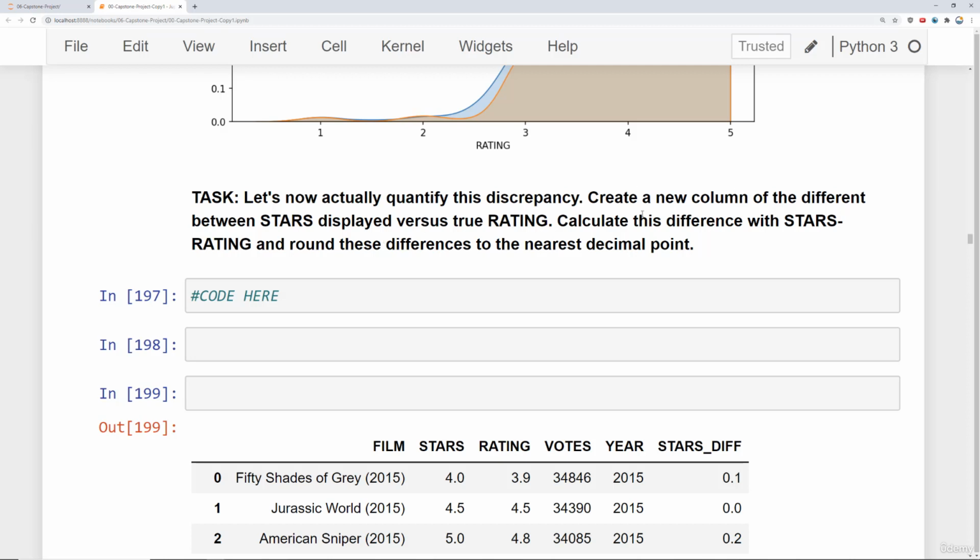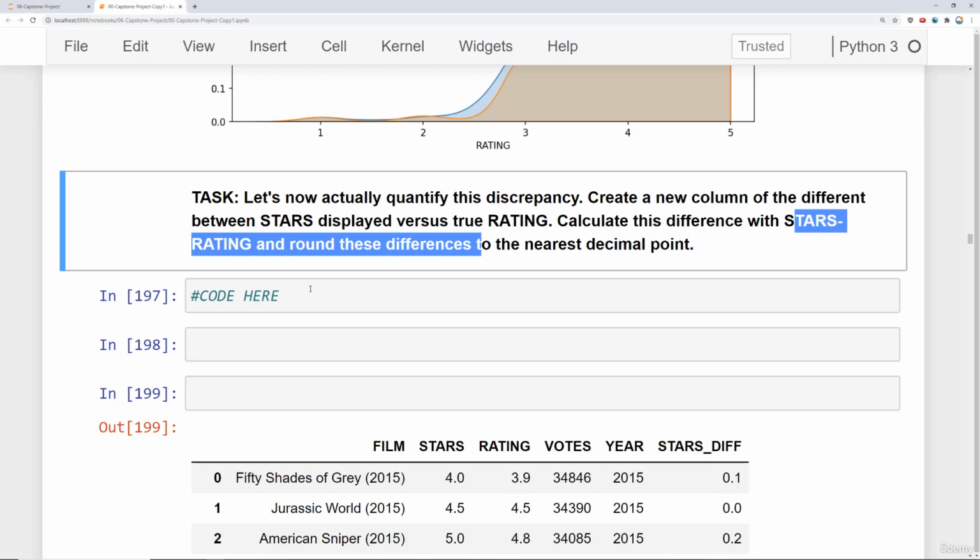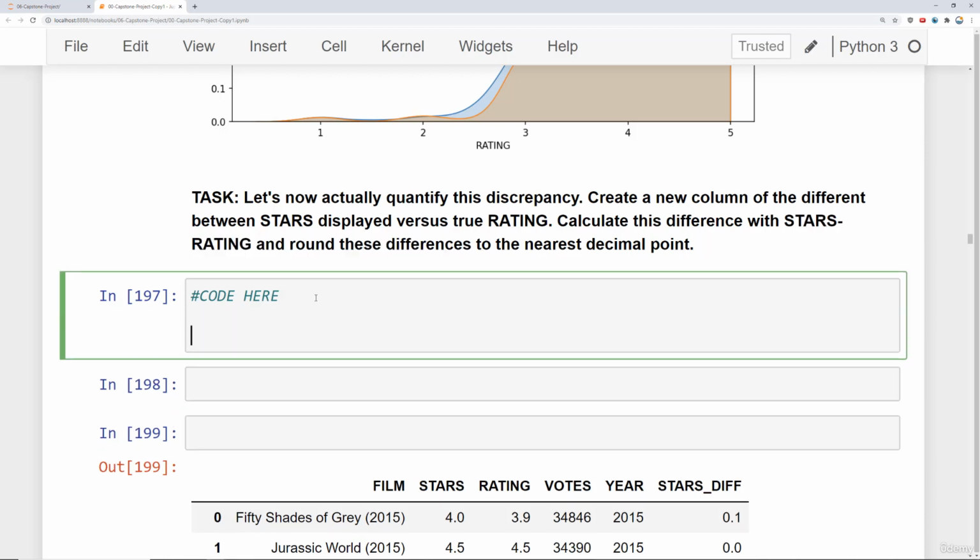So let's create a new column between the difference of stars displayed versus true rating. And we're going to calculate this difference with stars minus rating and then round these differences. So that means we're going to do something like this. I'm going to say, we're going to do this off the fan reviewed, since the other ones don't have any reviews, so they don't really have a rating. We're going to say stars diff is equal to fan reviewed stars minus fan reviewed